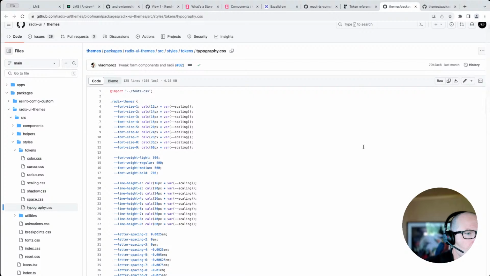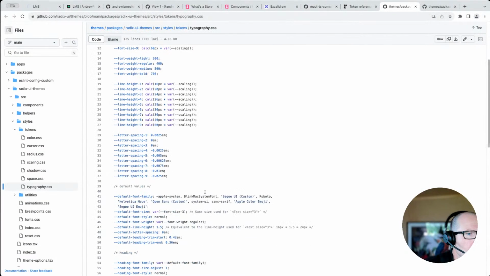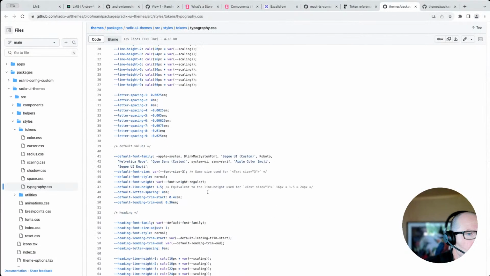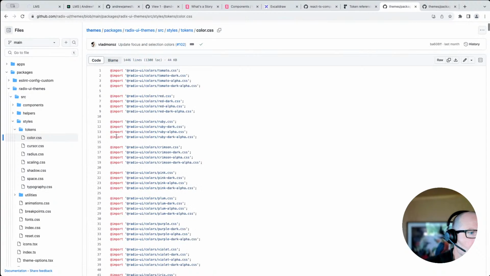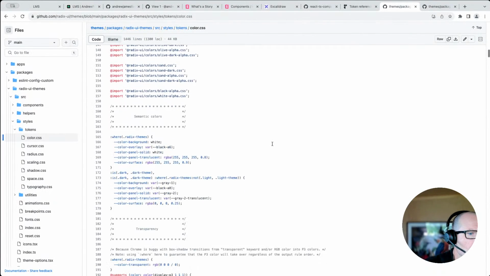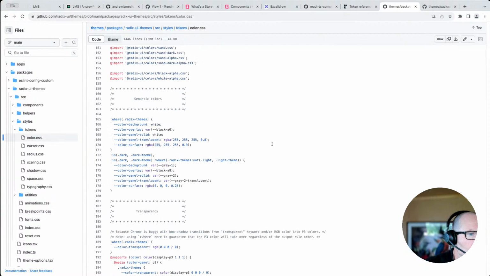So we've got font size 1, we've got weight, bold, default font family. So the whole lot there is accessible to us. We can grab these as the CSS variables that they are, and we can apply it to our own styling. So let's give it actually a try, just to test that out. If we take a look at sort of the colors there,